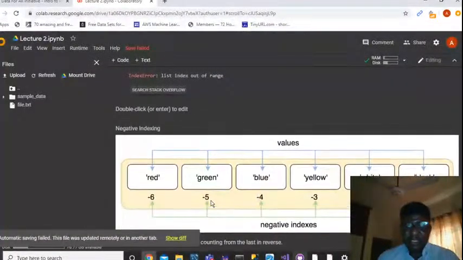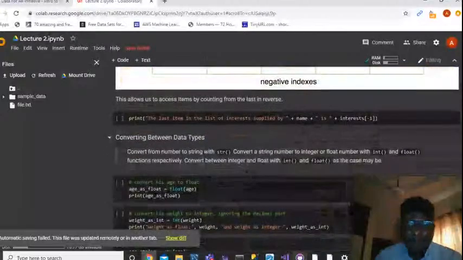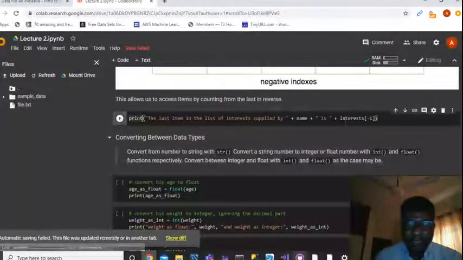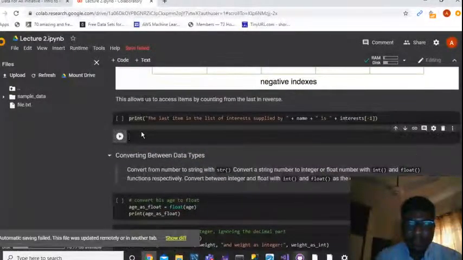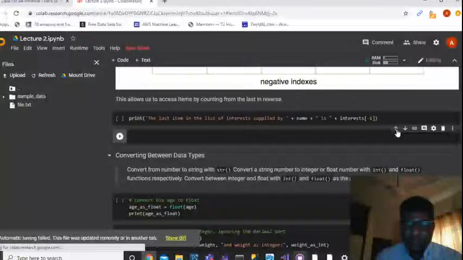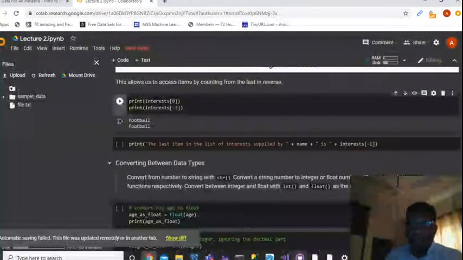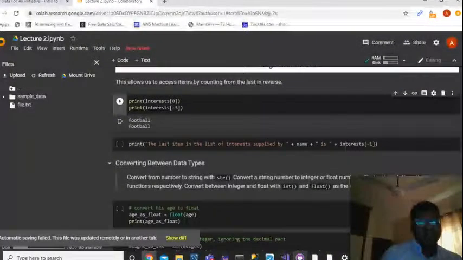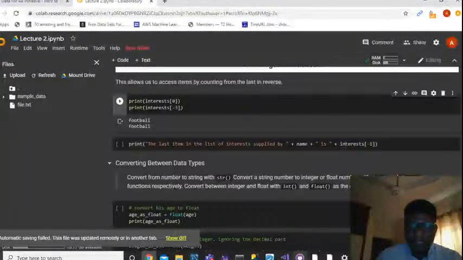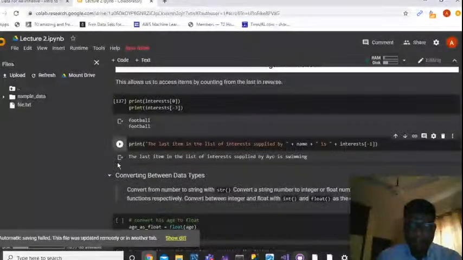You understand? So let me come here and say, let's see, it is minus 1. Then the second to the last, till you get to the first item in the list. Do you understand? So now let's try and play with it. The last item in the list of the interest supplied by Ayo is this. So let's print this. So the last item,